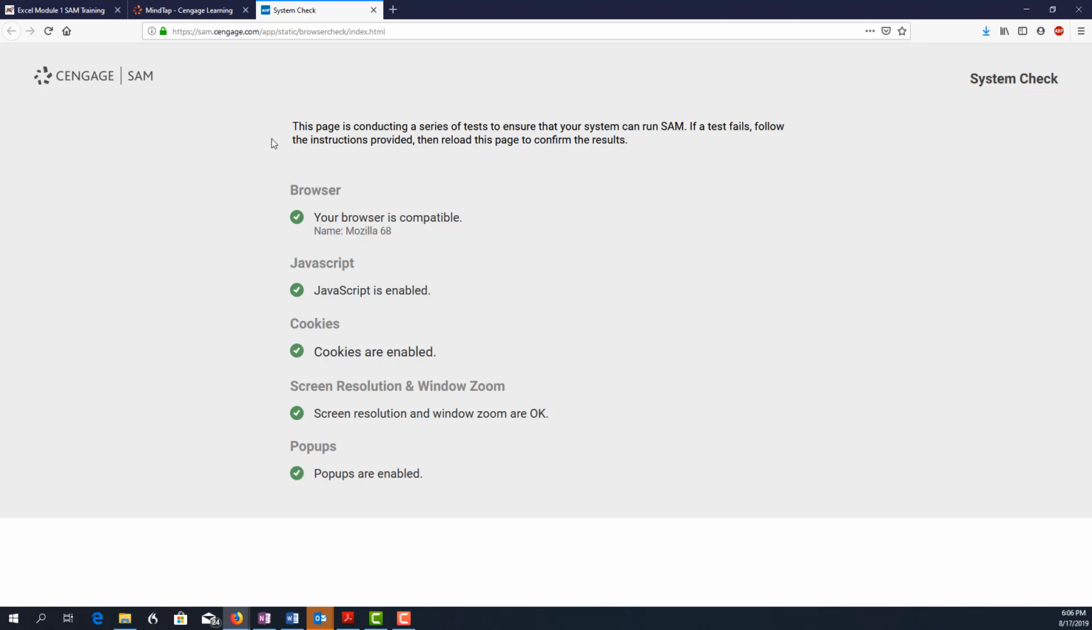Okay, so if a test fails, you're going to need to follow some instructions that will be provided and then reload this page just to make sure that you did things properly and now it's working. So a quick way to do a reload is just to hit this little circle with an arrow here, or you can hit F5 on your keyboard to refresh your page. Once you're done doing that, you can click Start to start the lab,